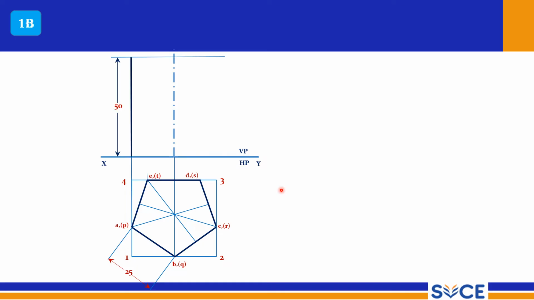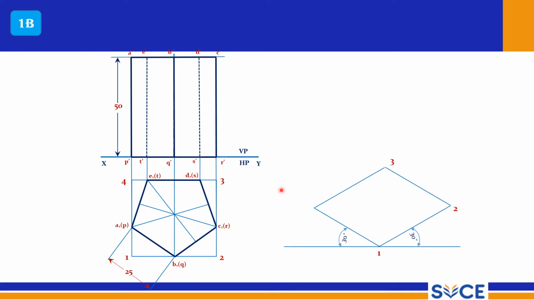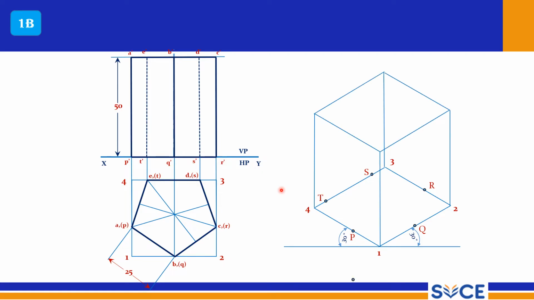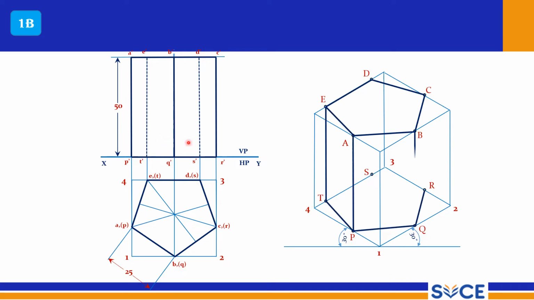Now the same procedure should be adopted here, and now if you project it, right, you will be seeing the pentagonal prism like this. So mark all the points, and the same procedure you adopt here, and you can get the isometric projection, isometric view, right? It is a view only, so no need to use isometric scale. Now the bottom is also connected, and this is the isometric view of the pentagonal prism when one of its base sides is parallel to VP, right? So the same procedure should be adopted here to get a pentagonal prism. So next